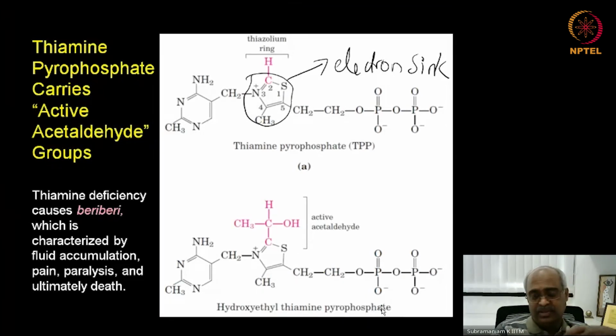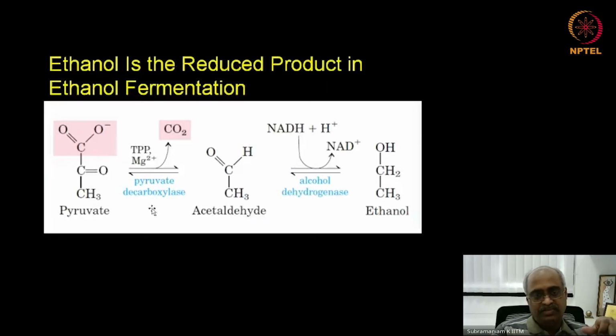So thiamine pyrophosphate, here we are seeing with pyruvate decarboxylase as an example, and I said this enzyme is present in yeast and not present in us, but don't think that this vitamin may not be important for us. There are numerous decarboxylation steps in our body, as well as many situations where acetaldehyde group transfer is important. Due to this, TPP is extremely important. You will see a reaction later, not in today's class, where we proceed from pyruvate to the oxidative phosphorylation step,